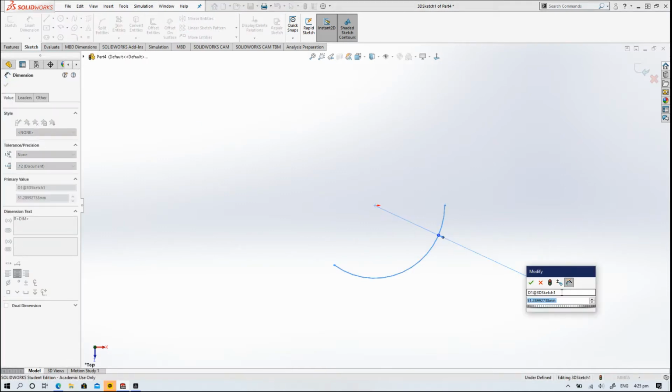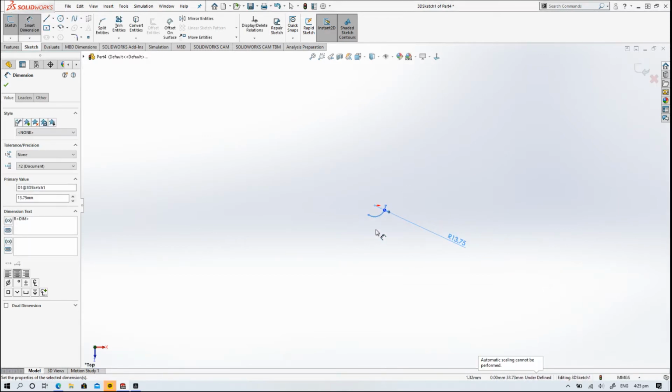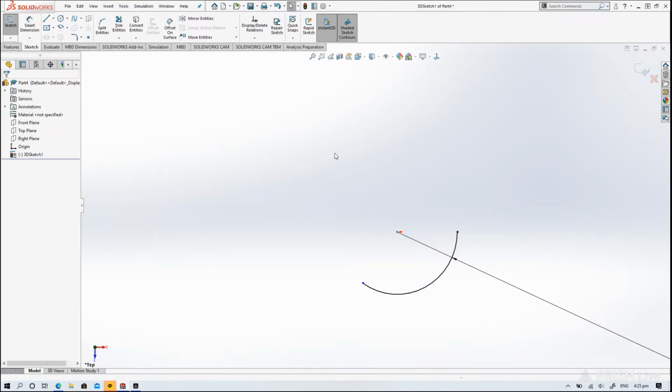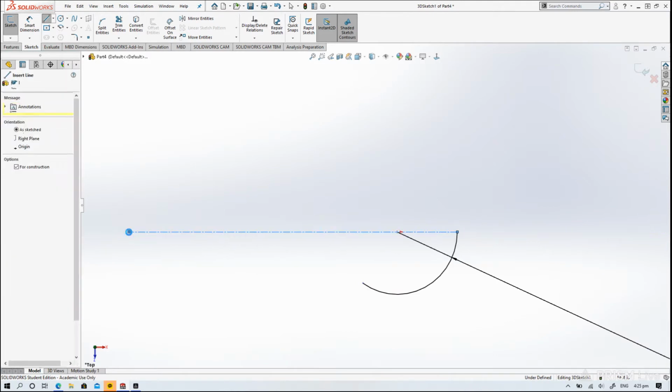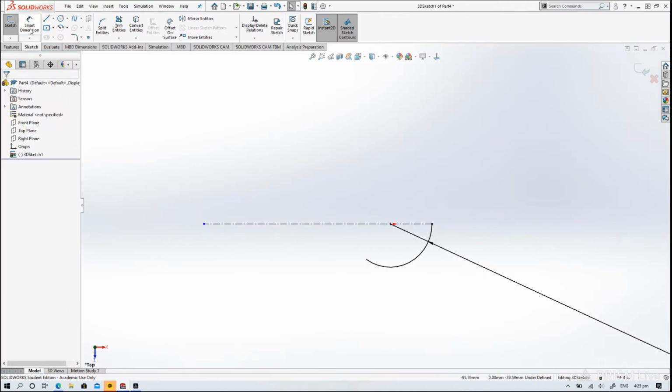Now the radius is 13.75, so type it in. Once you've done that, we'll draw a center line going all the way through the origin horizontally,